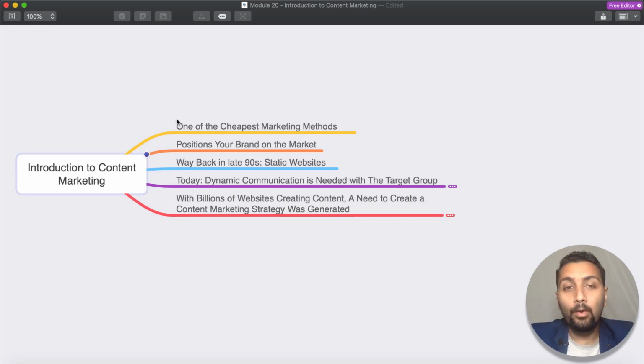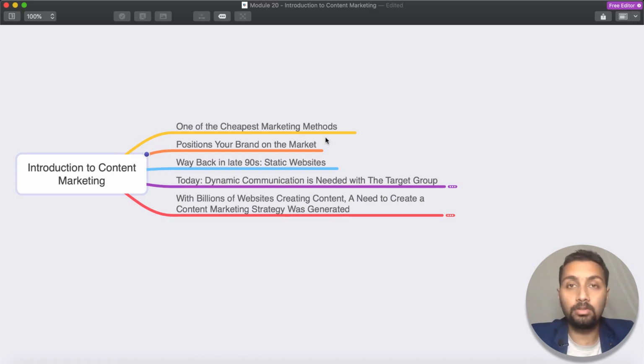Let's continue with why actually content marketing. Well, content marketing positions your brand on the market. Just imagine if there is a website which just lists its services, right? And there is another website which is listing its services, but also explaining to the world why their service is actually better than the others, how their service can actually help them, and how their product is better in comparison to the other competitors, and how it helps solving the problems in the target audience's lives. Well, who would you relate more with, and who would you decide to do business with? Obviously the second one, isn't it? That is why content marketing is so important, because it positions you as an authority in the market, and you can use that authority to actually get more leads and sales for your business.